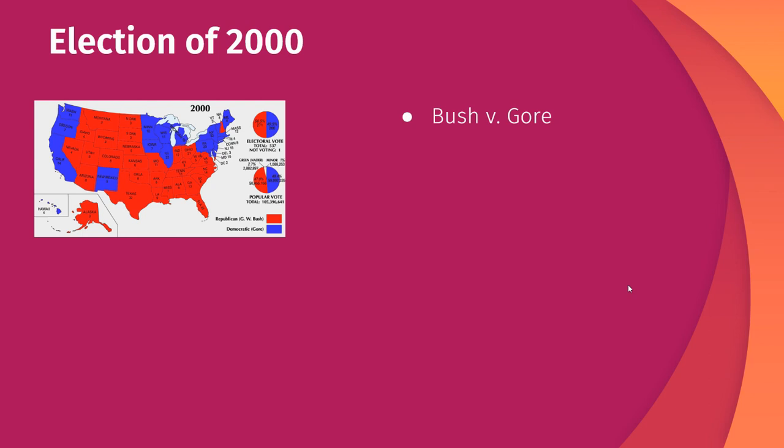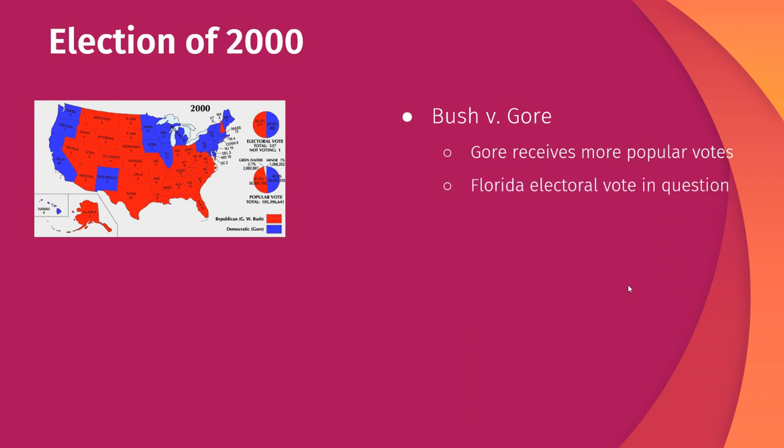The election of 2000 pitted George W. Bush, George H.W. Bush's son, who had been a governor of Texas and was a Republican, against Al Gore, who had been Bill Clinton's vice president for 8 years. Gore receives more popular votes than George W. Bush, but the electoral vote is even closer. And when Americans wake up the day after the election in 2000, they do not know who their president is. And in fact, they do not know who their president is for weeks after the election takes place in November of 2000. And that's because the